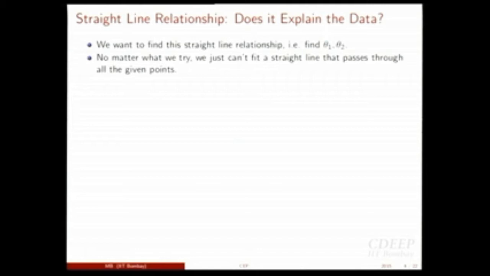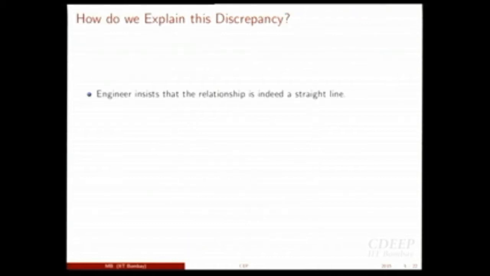So again it is the same parameter estimation problem. However, when we start looking at the statistical insights or try to put a statistical framework, we start with the observation that given the data set, no matter what you try, you cannot fit a straight line that passes through all the points. Here the straight line has been fixed for you; you can only fit a straight line. But whatever you do, the straight line does not pass through all the points. This is one particular straight line fitted. It does not pass through all the points. But that person keeps on insisting that it is a straight line, whether your fitted line passes through all the points or not, I don't care, I know it's a straight line relationship.